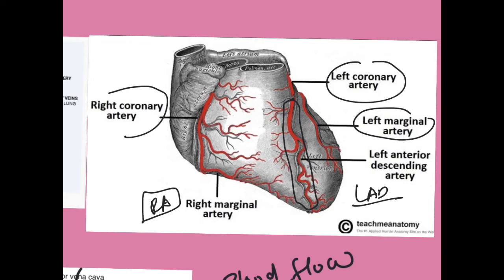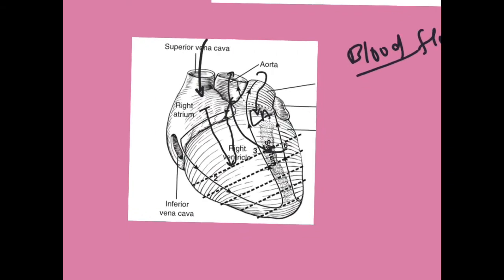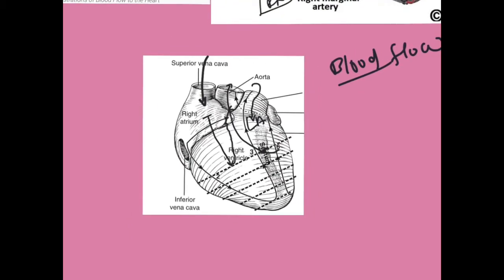So you should find out whether a clot is there in any part of these branches or any main artery, and that is one important feature when you are dissecting the heart in autopsy cases. So for the UG level, at least this basic is very important. Another type of dissection I will tell you in the